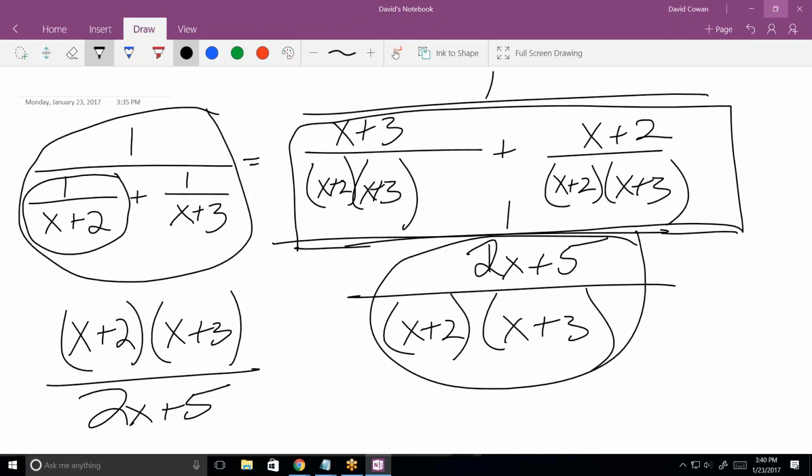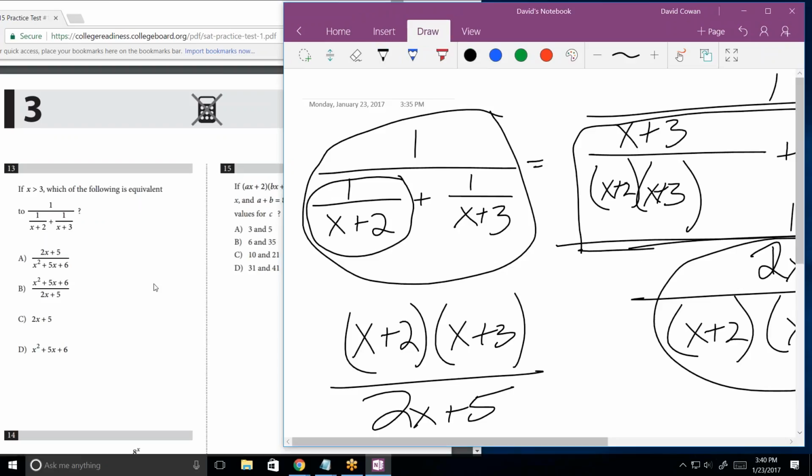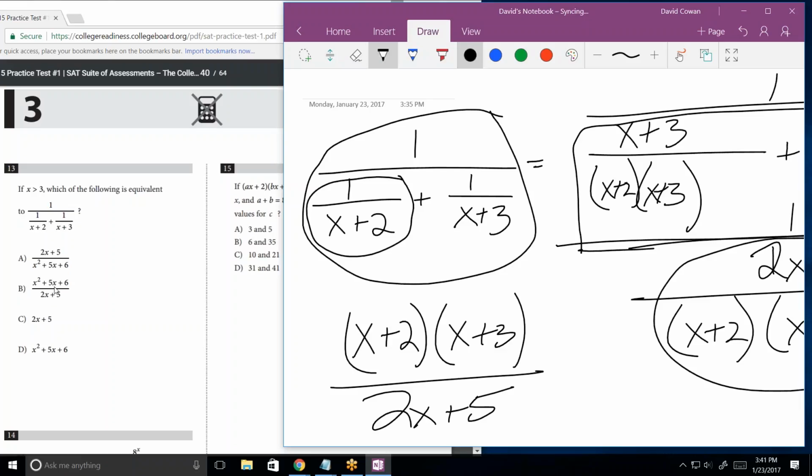See how? All right, let's look and see if that answer is part of the multiple choice. Well, it is. It's just disguised a little bit. Which is the correct answer? A, B, C, or D? B. In other words, they went ahead and multiplied these 2 factors together to get x squared plus 5x